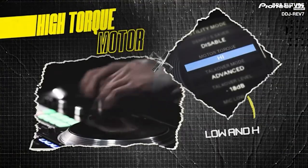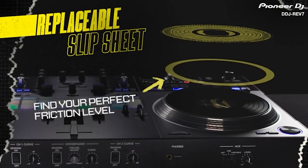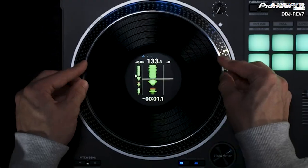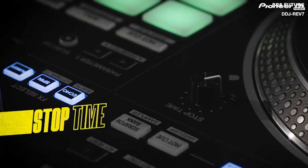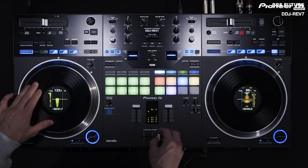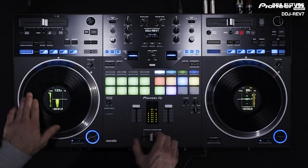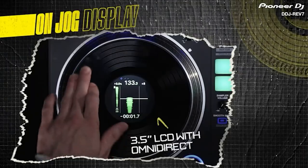Each jog wheel boasts a 3.5-inch on-jog display for omnidirectional viewing of track waveforms and playback positions. Additionally, the controller includes Pioneer DJ's renowned Magvel Fader Pro, ensuring smooth and accurate scratching. The innovative instant scratch buttons allow DJs to trigger samples directly from the controller without needing a laptop, enhancing the creative workflow. With 22-beat FX, including 3 new ones, and 5 sound color FX, the DDJ Rev 7 offers dramatic,